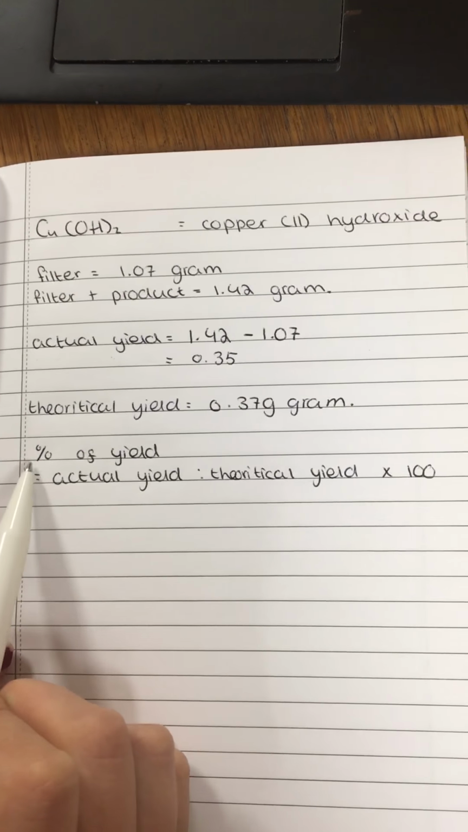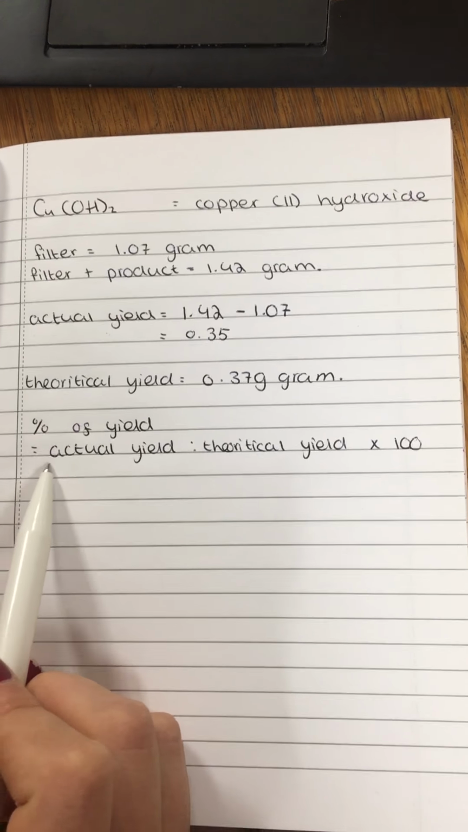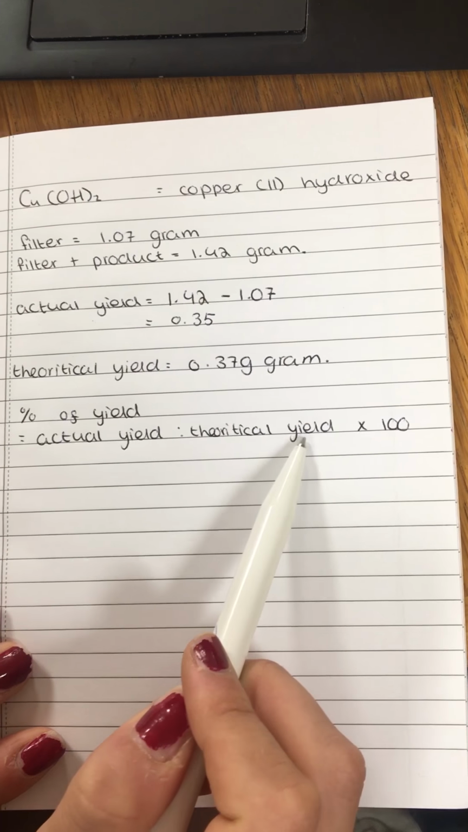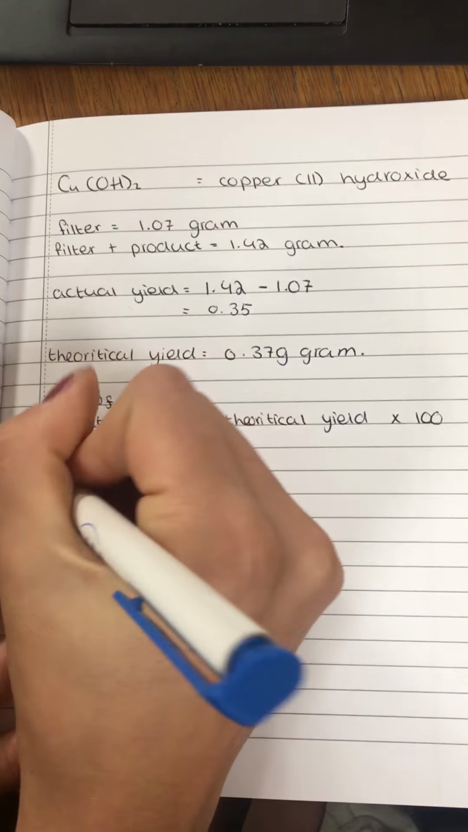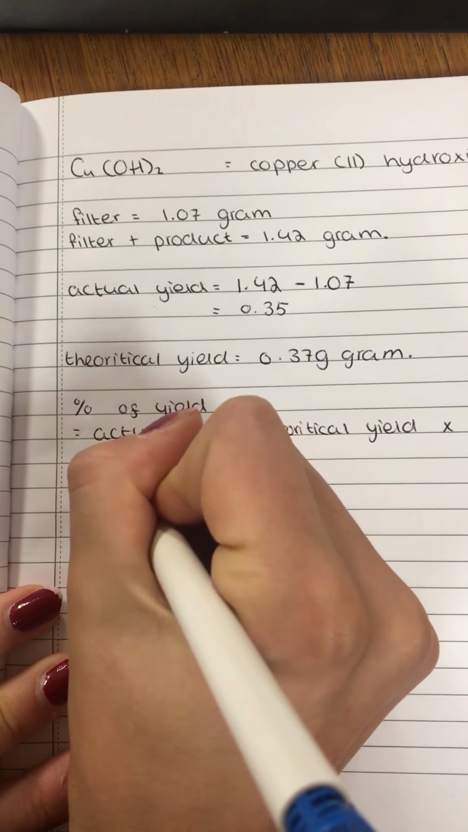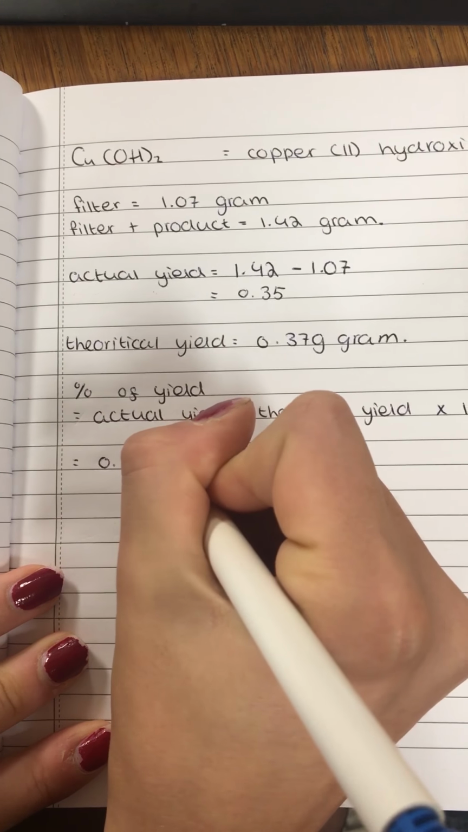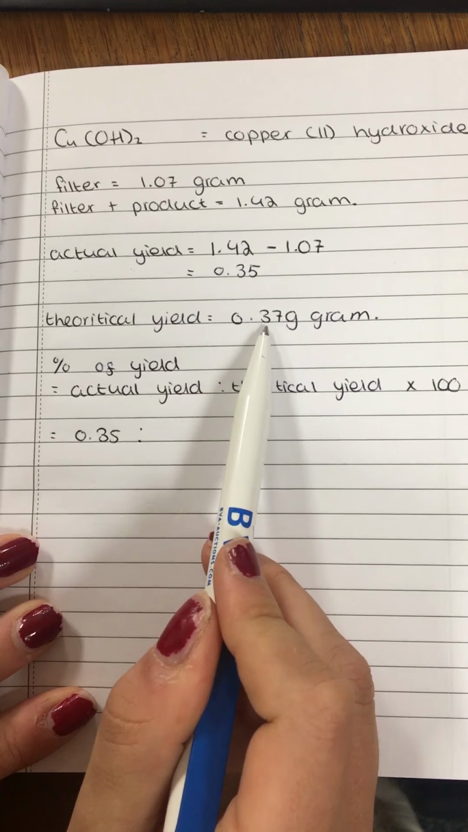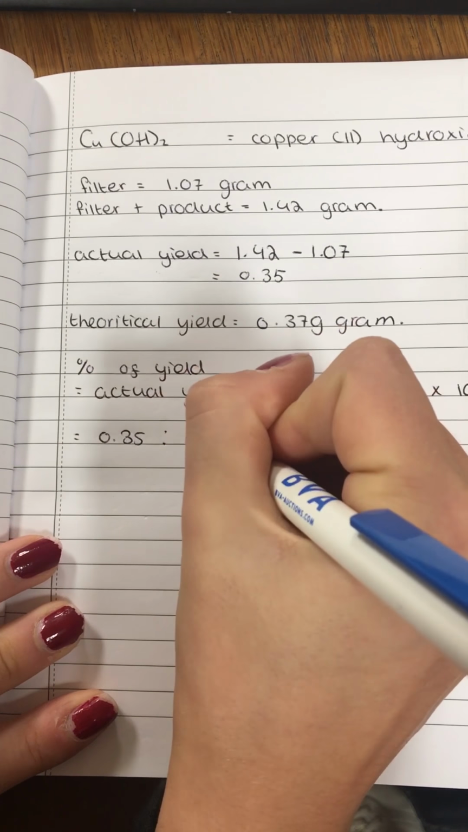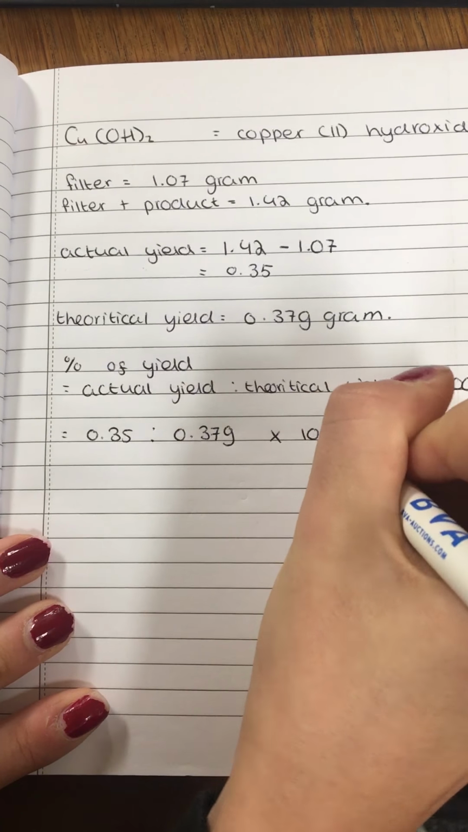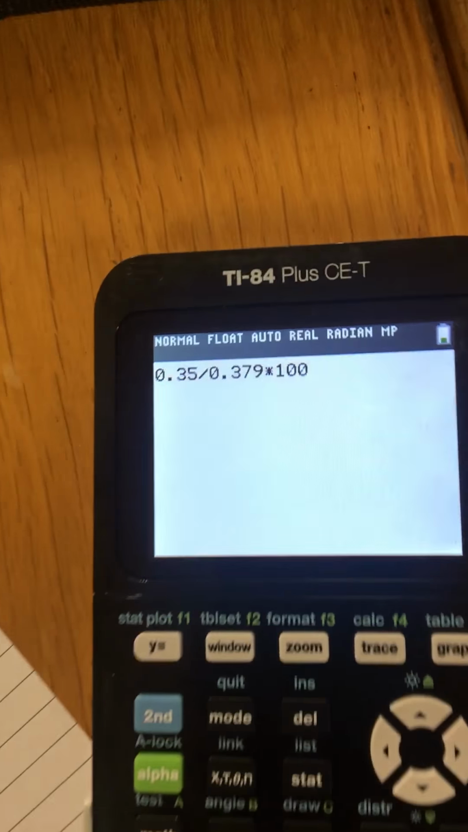Now we're gonna calculate the percentage of yield, and we use this formula. It is actual yield divided by theoretical yield times 100. The actual yield is 0.35, divided by the theoretical yield, which is 0.379, times 100. If we calculate that, we find that it's